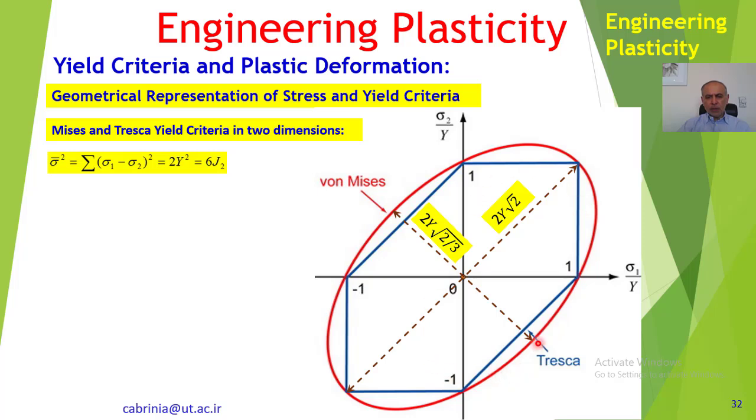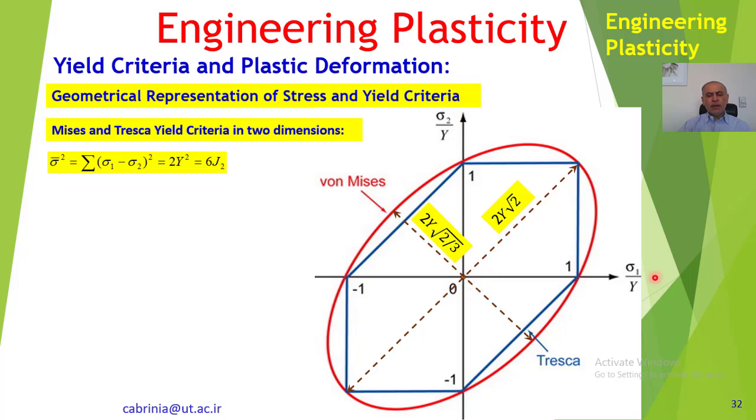von Mises yield criteria and the Tresca yield criteria are. As you can see, von Mises has become an ellipse, and the hexagon for Tresca has changed shape in such a way that it doesn't have equal lengths either. So why does it become an ellipse? Because we have only 2